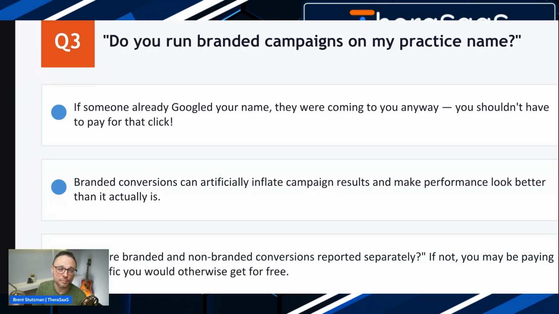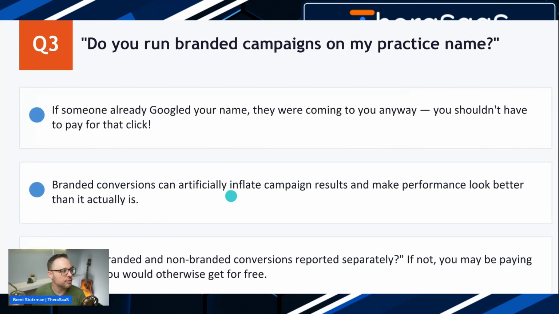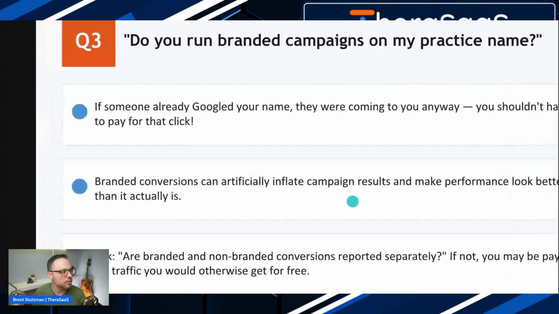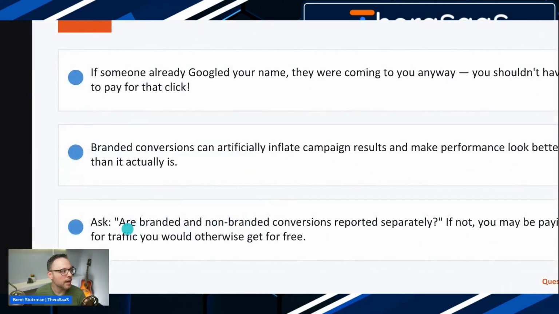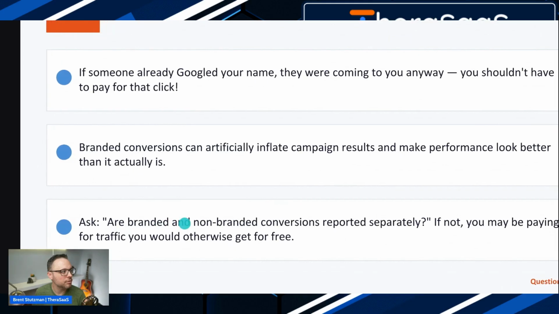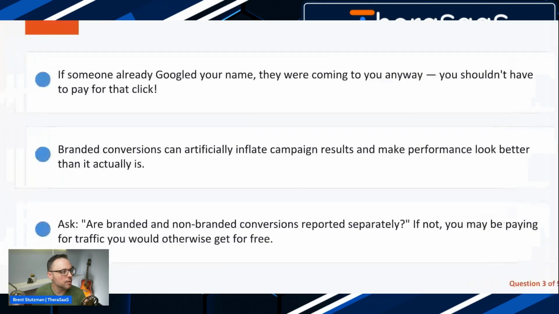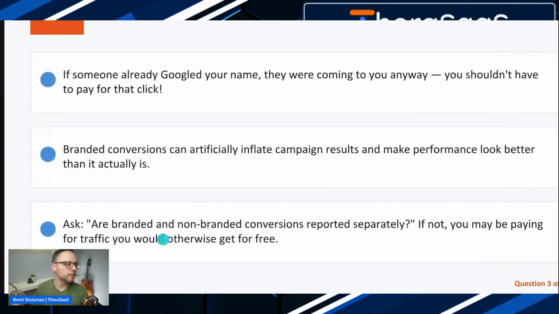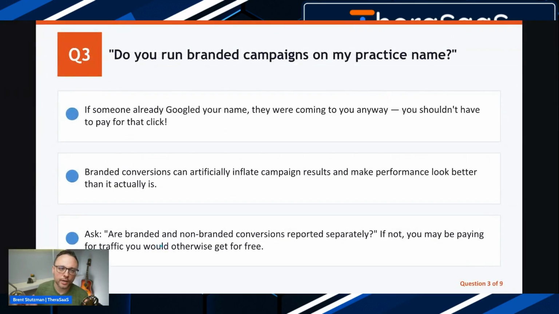So you're paying for a click just for that phone number. And it's like, oh man. Branded conversions can artificially inflate campaign results and make performance look better than it actually is. Ask, are branded and non-branded conversions reported separately? If not, you may be paying for traffic you would otherwise get for free. So you might want to have them break out those conversions from your brand name versus not.